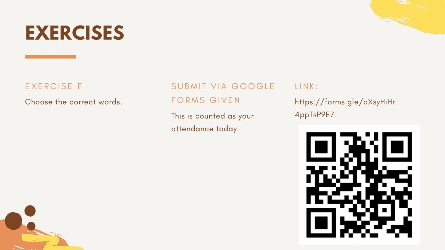Tomorrow we will continue with speaking practice or maybe listening, depending on what Sanaiza wants to do. However, just for your information, there is a speaking test for you at the end of the year. So we don't know when you're coming back to school, but in the meantime, even though we are at home, we need to make an effort to do speaking practice. So if we are doing it tomorrow, please